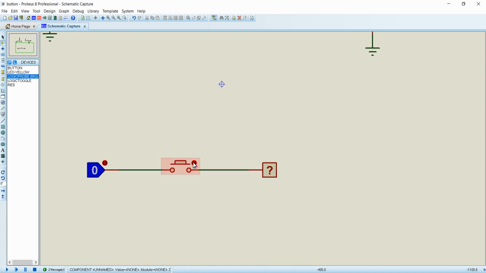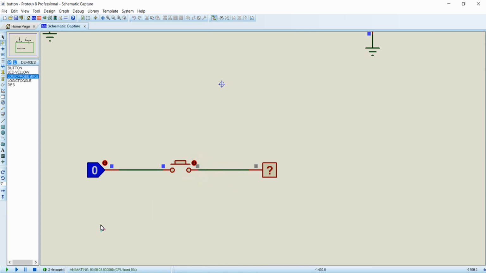You can see when I press this button, the contacts on the left and right come in contact with each other, and when I release this button, these two contacts, one on the left and one on the right, are out of contact with each other. So this is just a contact with two terminals which will make the other two terminals come in contact and go out of contact. That is a simple explanation for a button, and let's try to understand this simulation.